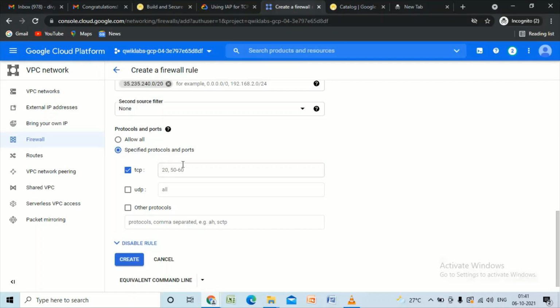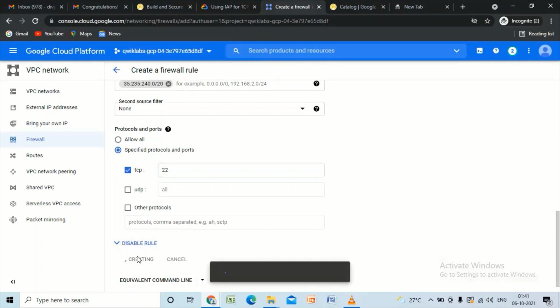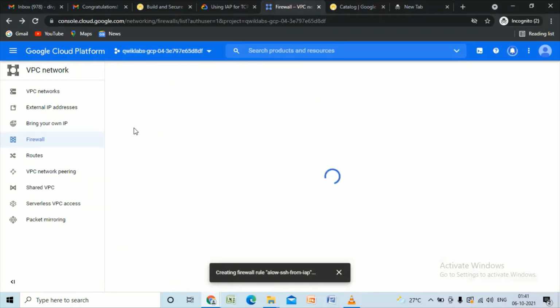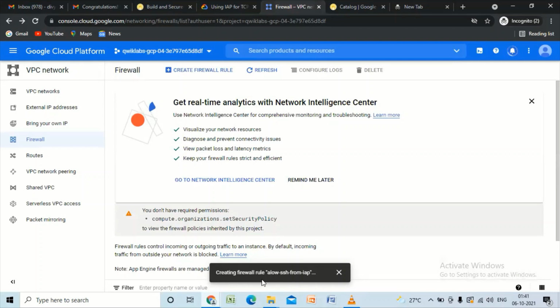You need to specify the TCP as 22 and then click on create. It will take a few moments.